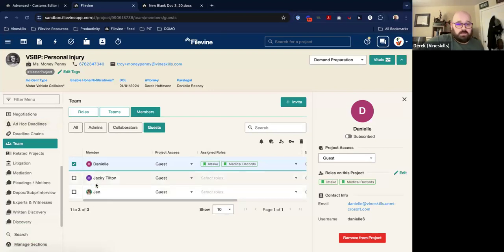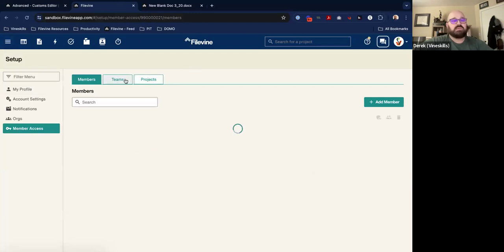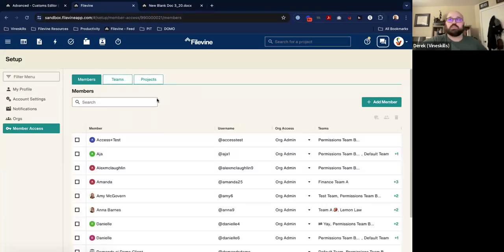Now, you'll want to go through and add them on a case-by-case basis. I would, unless it's a guest that you're working with a lot, if it's your actual, let's say, client, or it's someone who you want just limited information to, I would go through and just add them individually on a project level. Then you don't have to worry about anything in member access, which this could look different than y'all's,